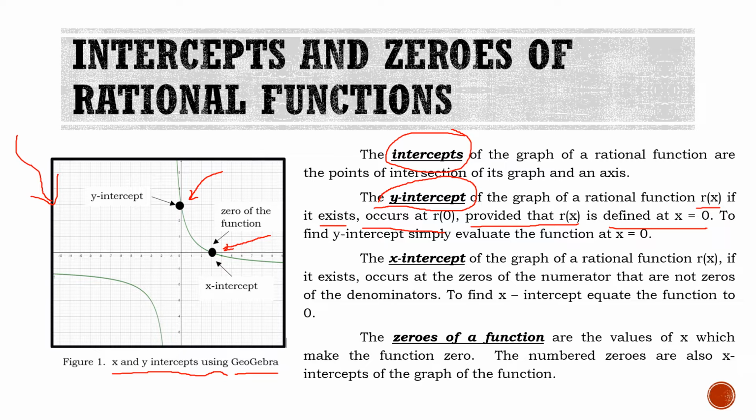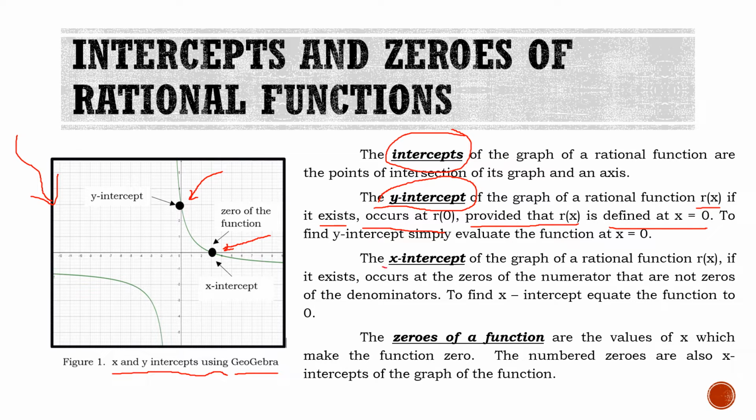So if there is a given rational function and we're asked to find the value of the y-intercept, we just simply put a value of the x variable or domain which is equal to 0 for us to find the value of y. Again, if you're asked to find the value of your y-intercept, you're going to put 0 as a replacement of all your x variable in the given function.